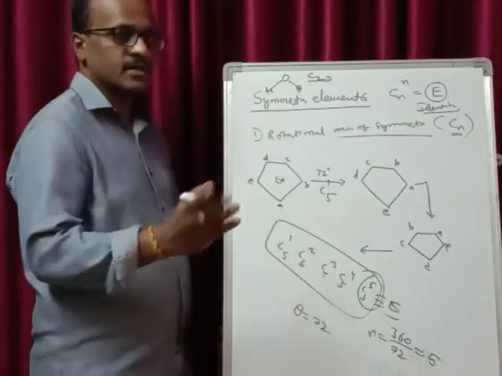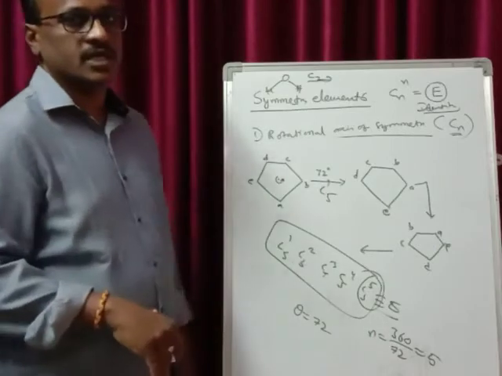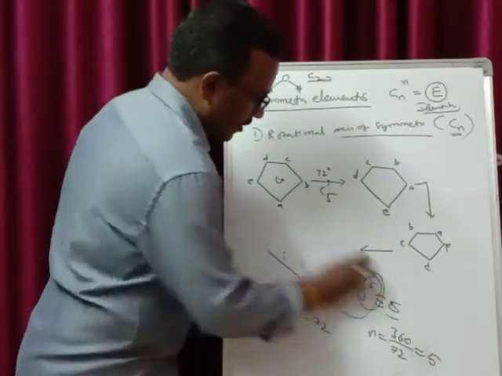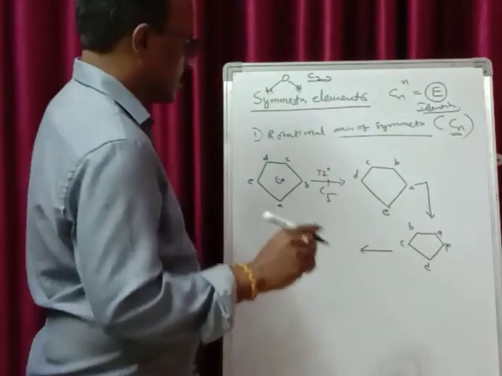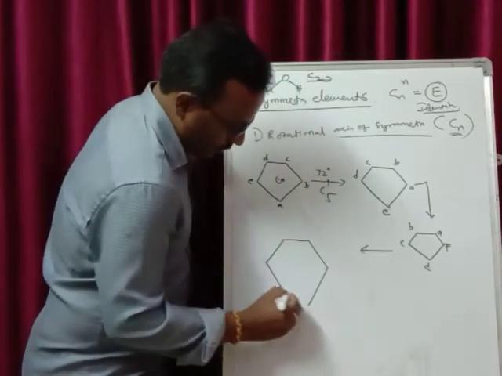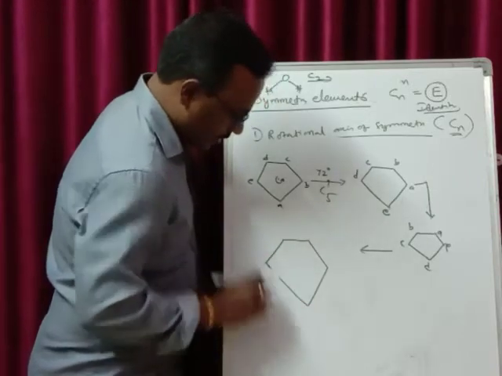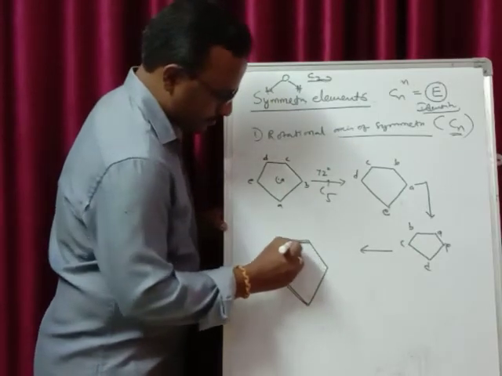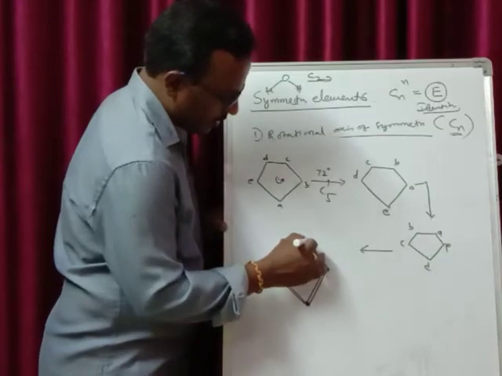This molecule also has C2s again. Like it has a C5, it also has the C2 rotational axis of symmetry. And those C2 rotational axes of symmetry are actually passing from the center of the edge and the opposite corner. So in order to understand that, you need to know this. These are called the edges, and these points are called the corners.